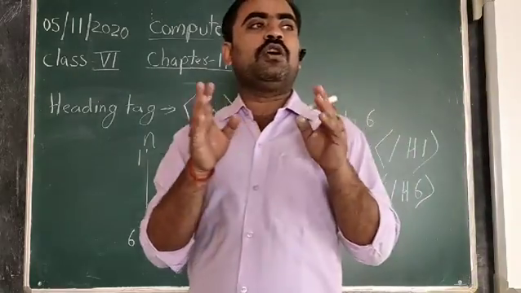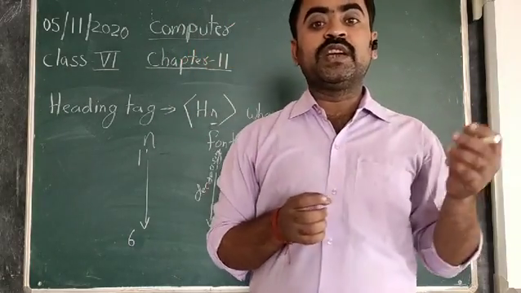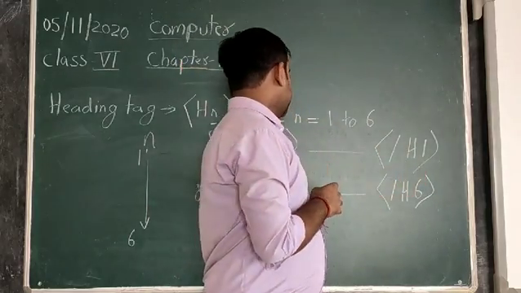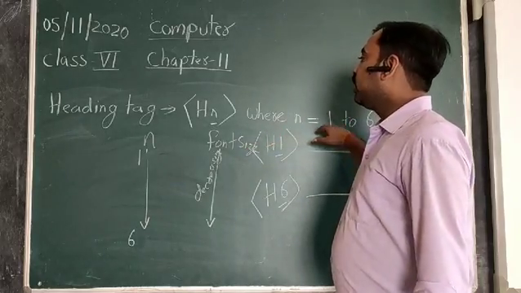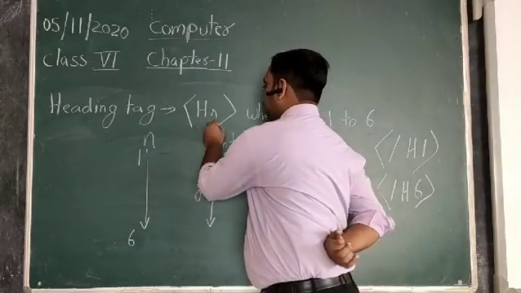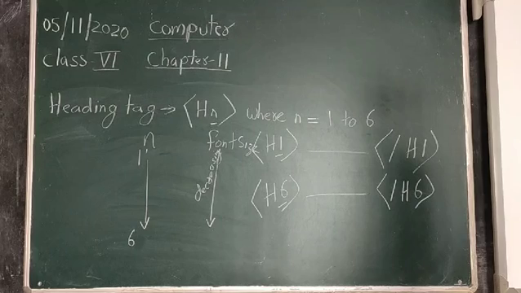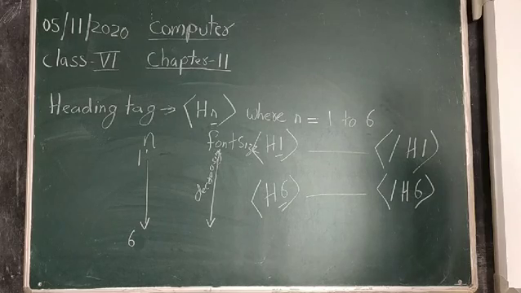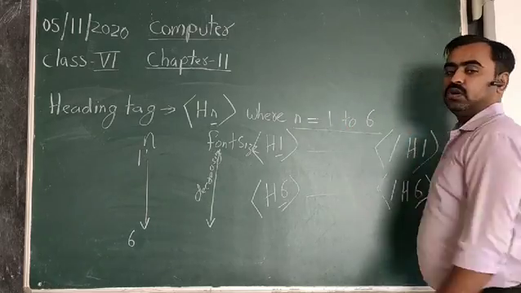If you want to write any particular sentence or word in different fonts, you can use these heading tag options and they can be used to display the different text. The heading tag is represented as HN, or instead of N you can give the value of N also, and the value of N varies from H1 to H6. Value of N is from 1 to 6.